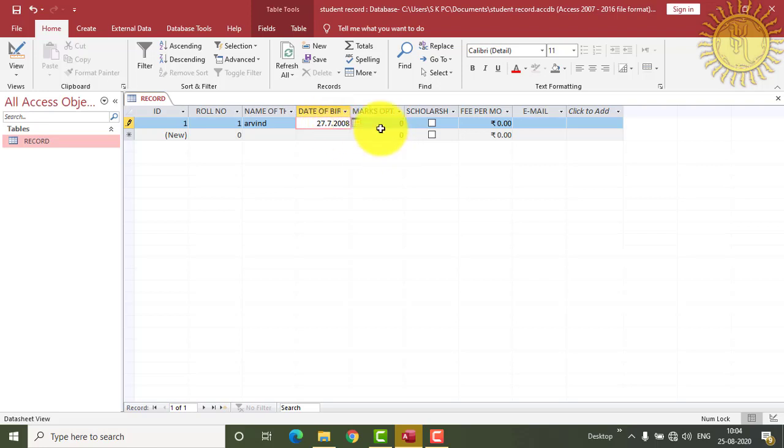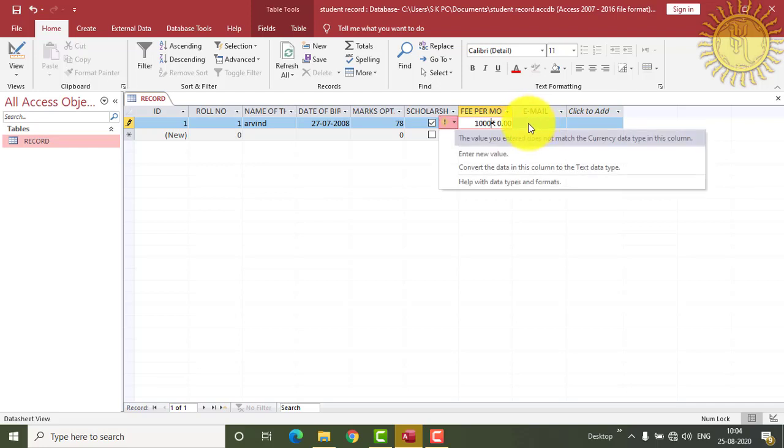Then press the tab button to type the marks, and here it is asking for the scholarship and we will click yes or no. For no we will leave it blank, and for yes we will click here like this, and for fees per month we will write the amount. So insert any amount. Then in email address,